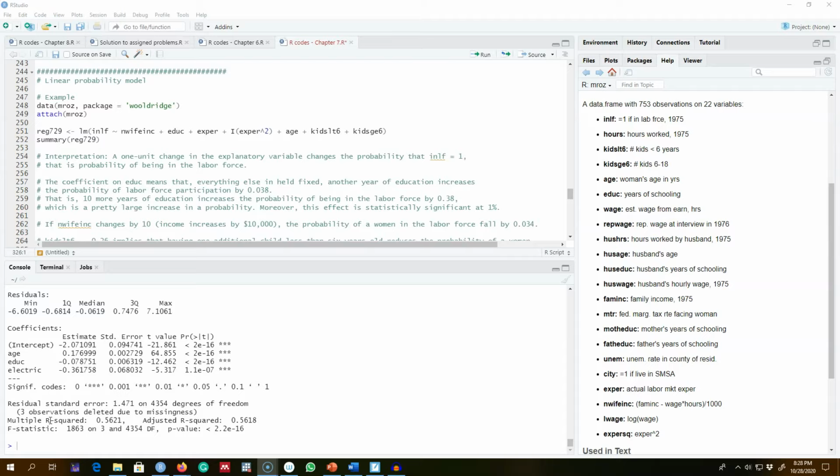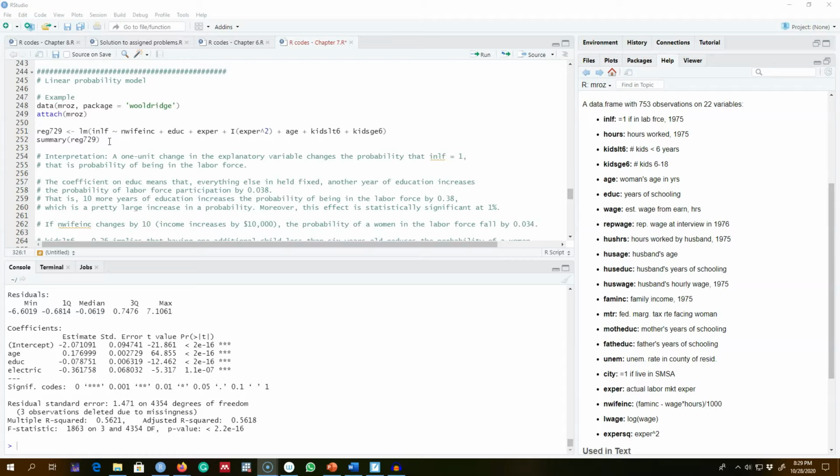the linear probability model. This model is used when we have a dependent variable which is binary, in the sense that it takes on a value of 0 and 1 just like a dummy variable. So we can include this type of dummy variable as a dependent variable in this linear probability model. But we'll see there are many disadvantages of using linear probability models. One of the most critical disadvantages is that the probabilities can be less than 0 and greater than 1. And we know that probabilities are always between 0 and 1.